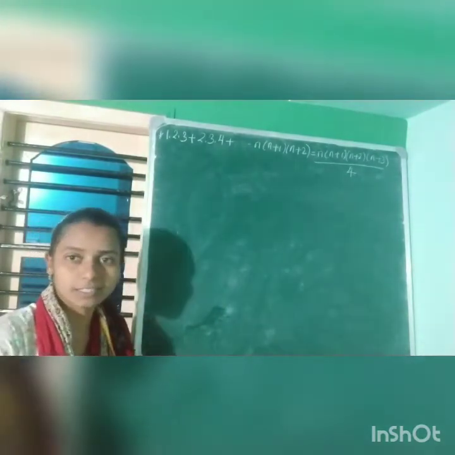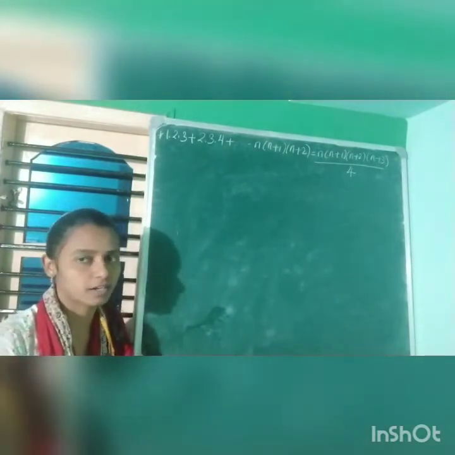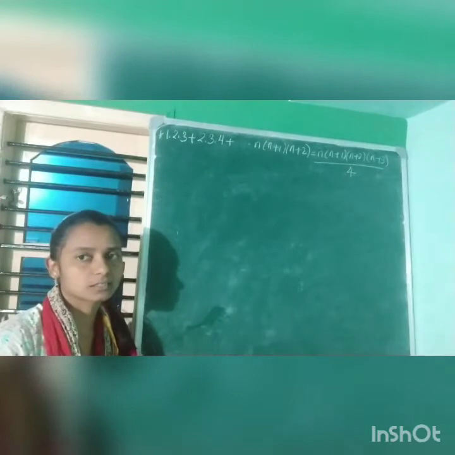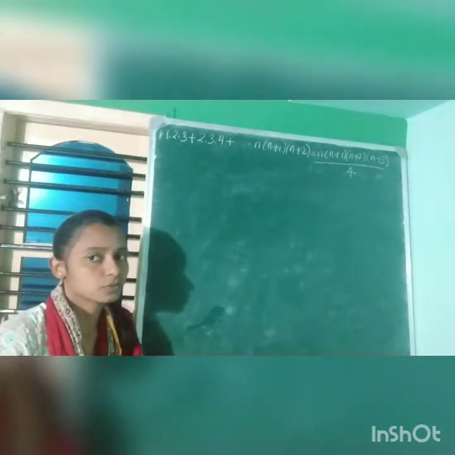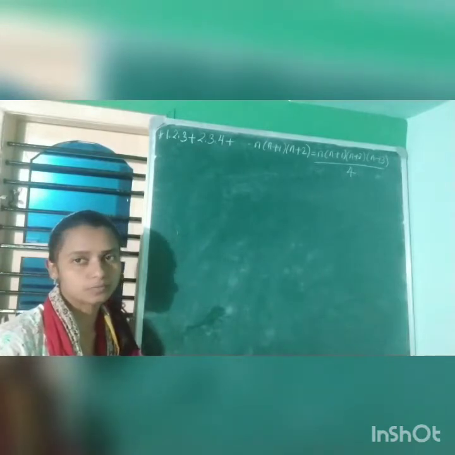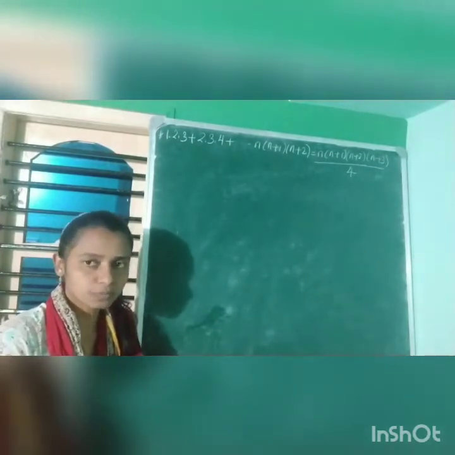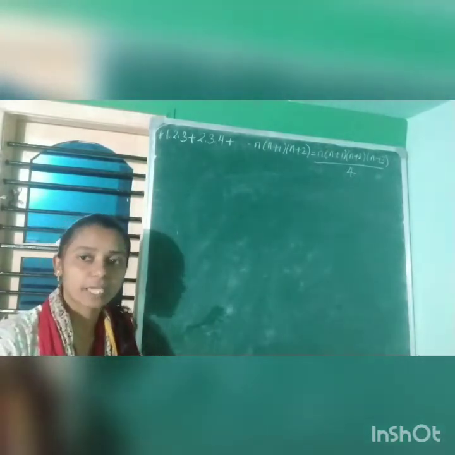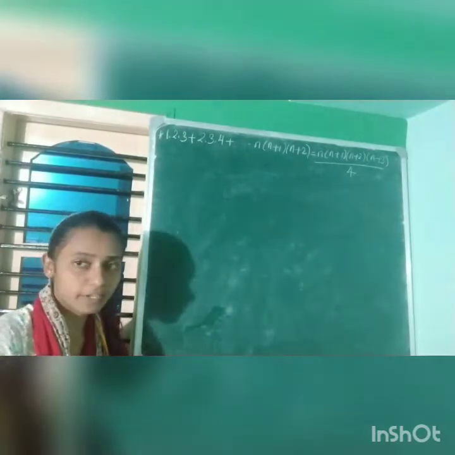What we will do is, the first thing, you need to consider the given statement as P of n. Then replace n by 1. There you should get LHS equal to RHS. With the help of that result, you can say that P of 1 is true. Then you have to assume that P of k is true. With the help of that, we need to prove that P of k plus 1 is true.